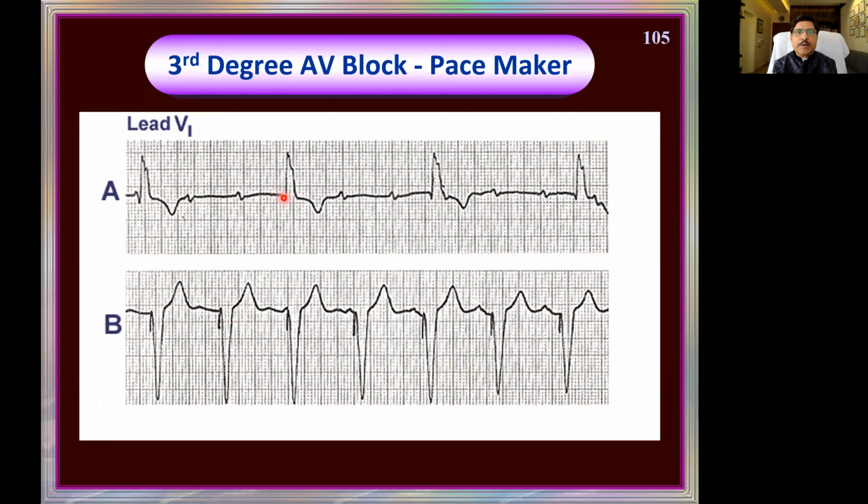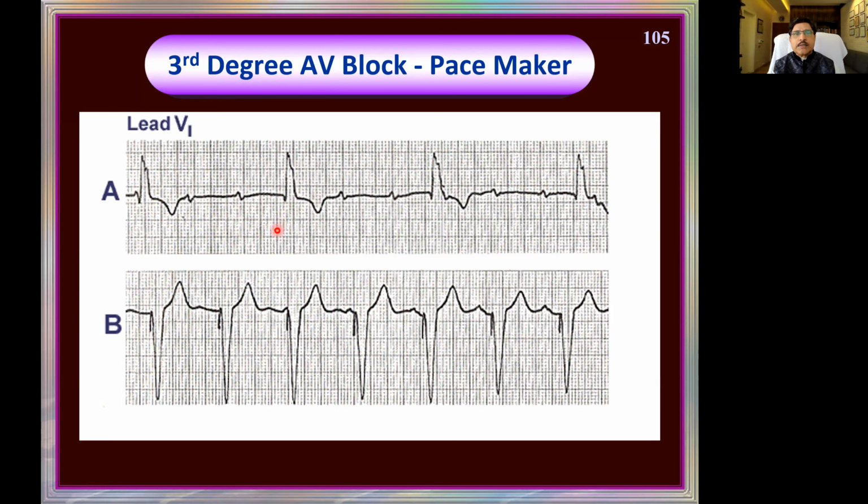The ventricular complexes will be bizarre with T waves in the opposite direction to the main deflection. Main deflection is positive. These T waves will be opposite, inverted, deep cup-shaped T waves. And the rate will be around 30 to 40. P wave rate will vary. You can calculate the P wave rate by looking at all the P waves for about 20 seconds, and then find out the P wave rate, but not very important.